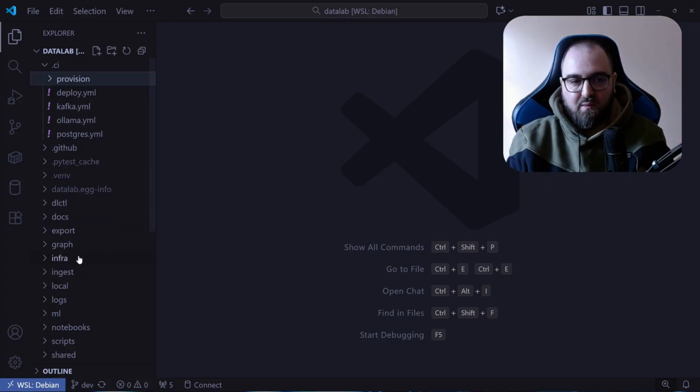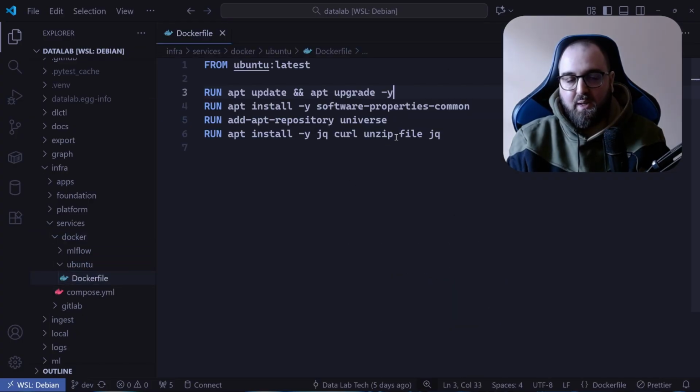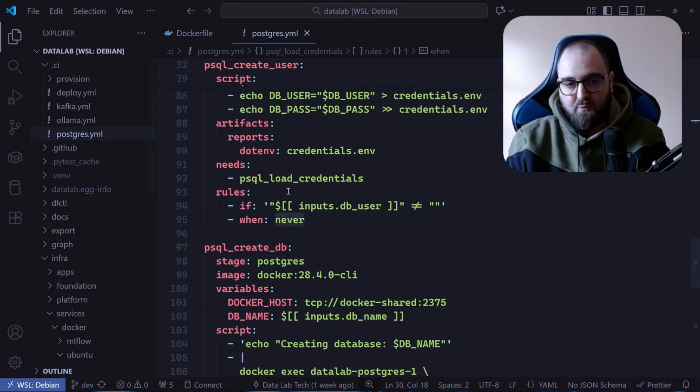Another thing that we did here was create a custom Ubuntu image, and this was useful because we needed some dependencies frequently, like curl or jq. These were two of the most common ones, and doing this and pushing it to our container registry enabled us to just use that image instead of having to run all these commands on the before script tag for each job. So let's see if we have one example here,